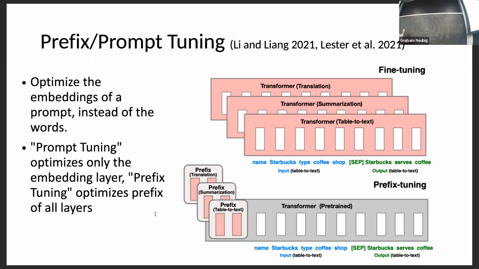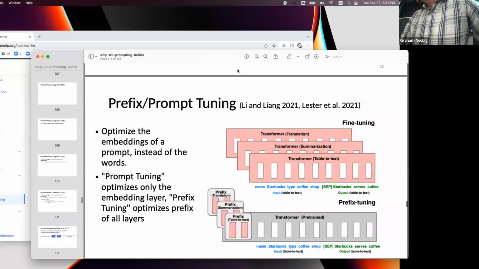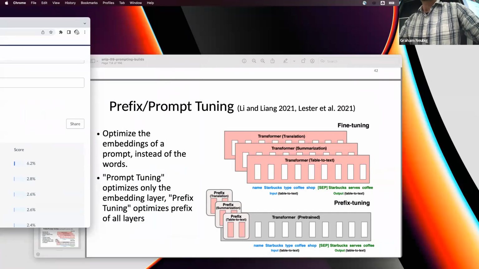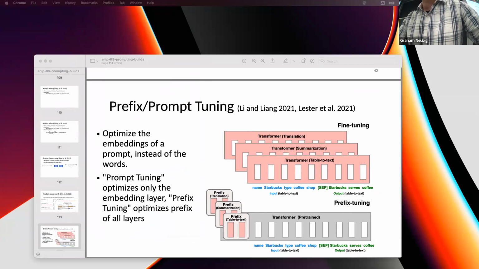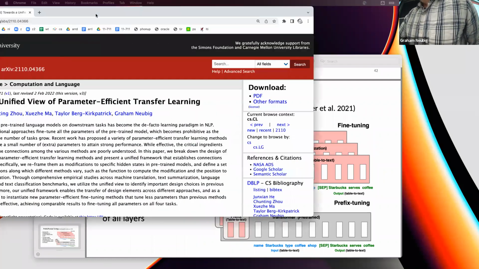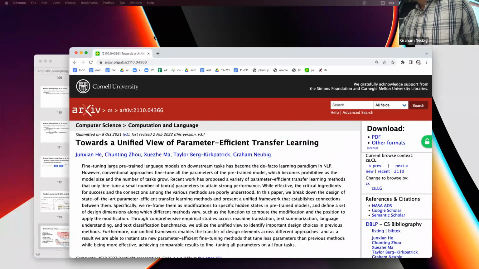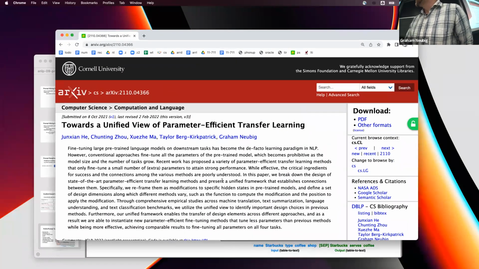So one other point that I would like to make is a paper that I talked about briefly before, Towards a Unified View of Parameter Efficient Transfer Learning.